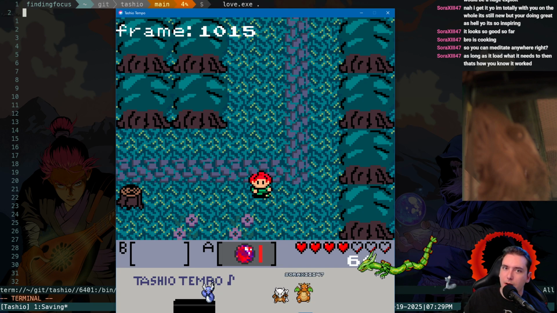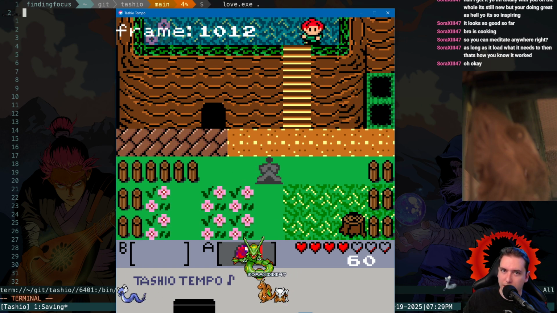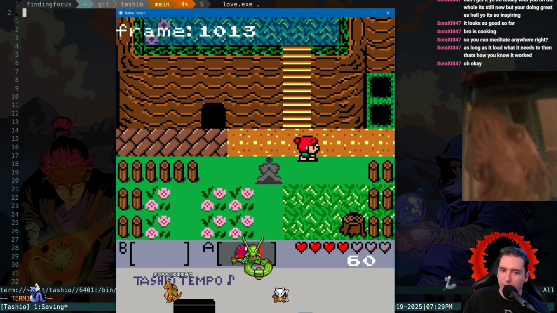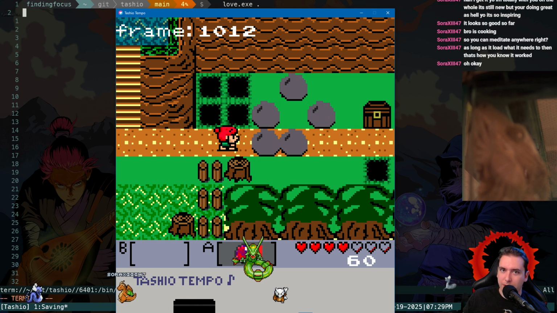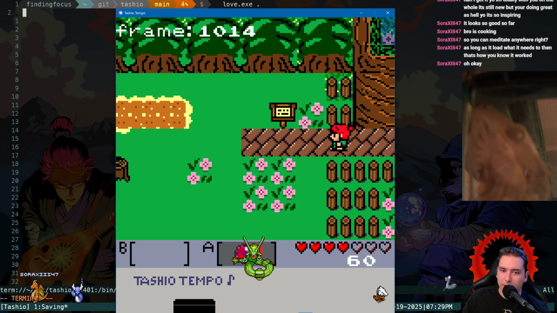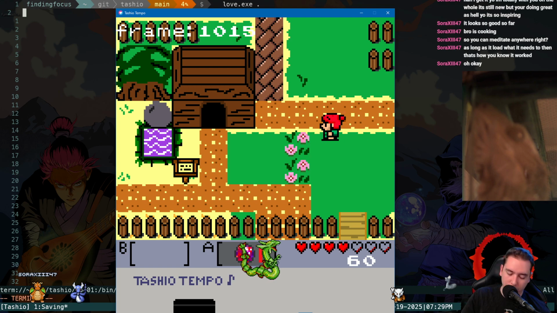So see how our frame right here is cycling through? That's the frame that the flowers should be updating at. Those are the tile IDs of any flower in the world at any given time. Even as we walk around, those still cycle, whether or not we have a flower on screen. That's the frame of the flower. But if we hit load,